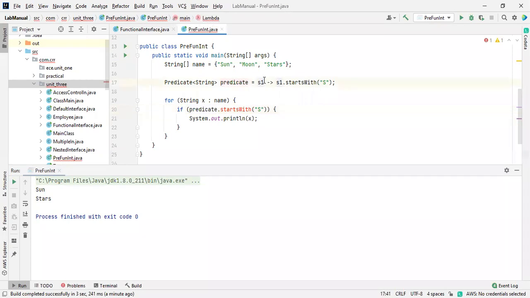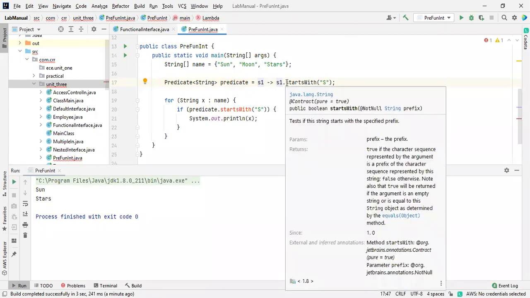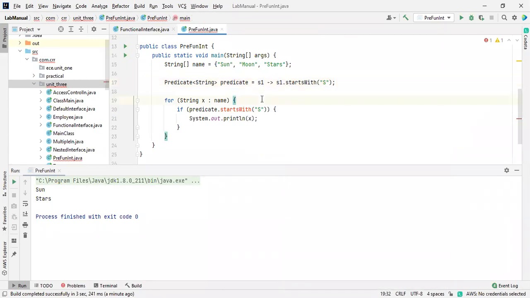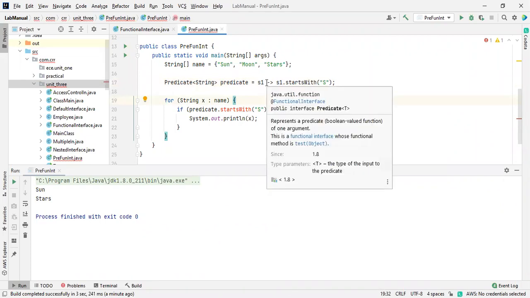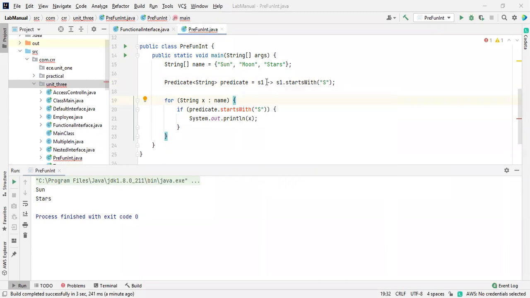Predicate should not show any error. Did I miss anything? Did I mention anything wrong over here? One second, I will check it out. Let me declare it again so that if there is an error, we will find it.